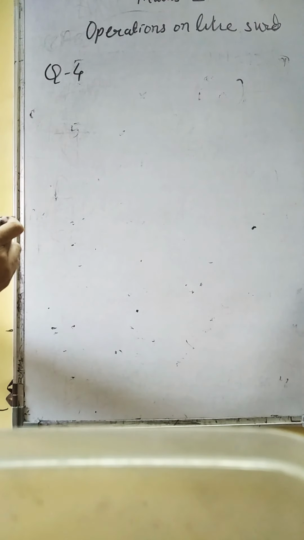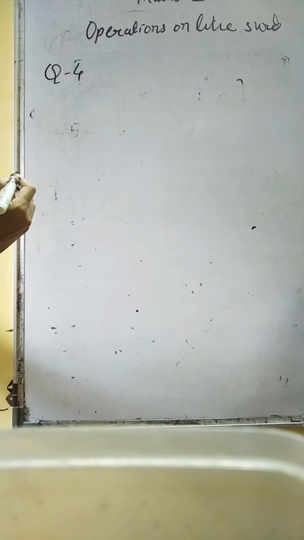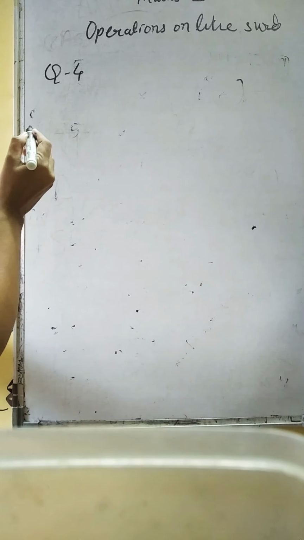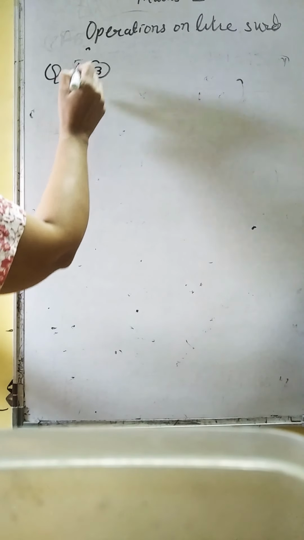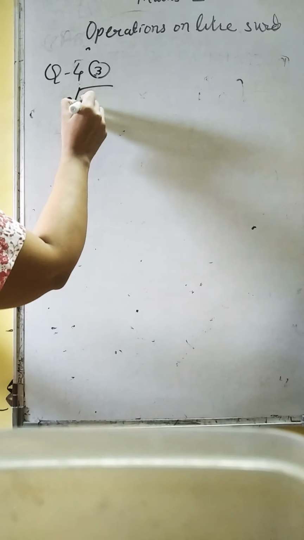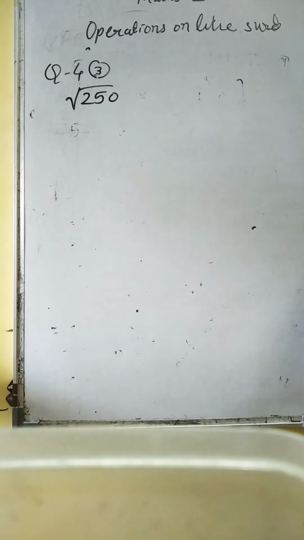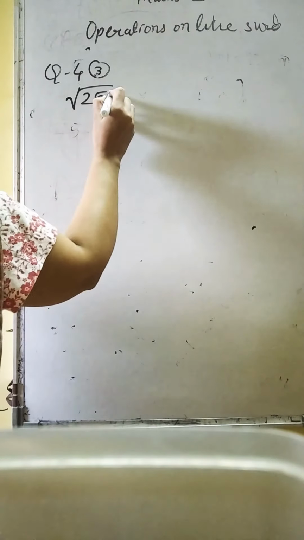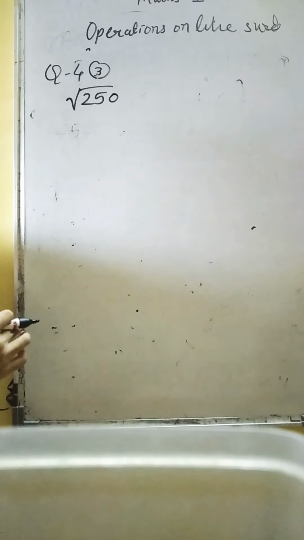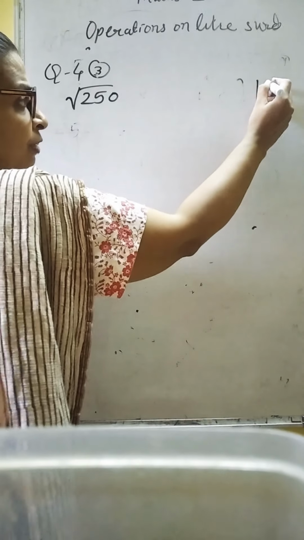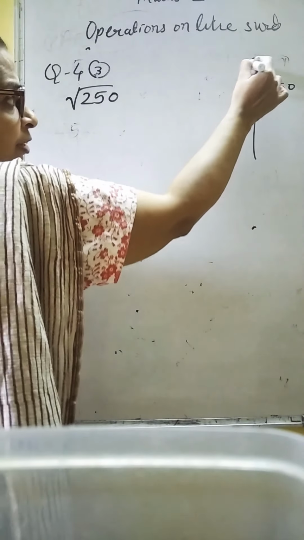Okay, question number 4. Simplify the following surds. Now in that, let me take one example. I'll take the third example. It is square root of 250. Children, in all the sums, mostly you see the square root is only there. Cube root, fourth root नहीं दिख रहा है. Okay, so I'll take any sum. What is your duty? First to write down in the form of multiplication. So factorize 250. 250 को factor. This is the rough work.